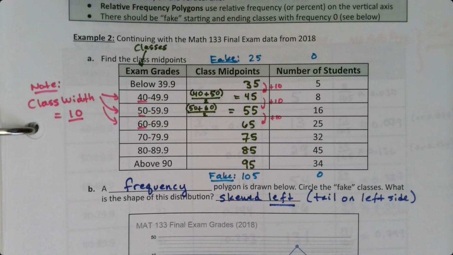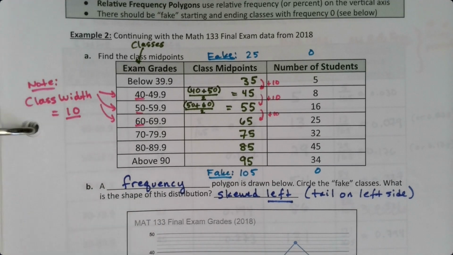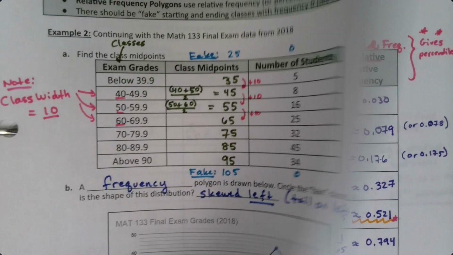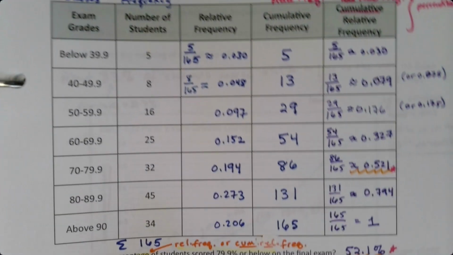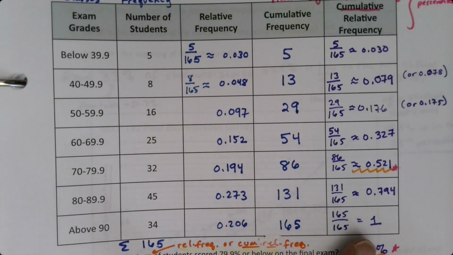So we just spent some time in the 2.3 lecture videos learning how to find midpoints by hand, and also learning how to find the relative frequency, the cumulative frequency, and the cumulative relative frequency all by hand. So now we want to take a minute and learn a different way to do this. And what I'm about to show you might very well be an assignment for you depending on your instructor for this semester. So pay close attention if it's a project assignment, because then you have to do everything I'm going